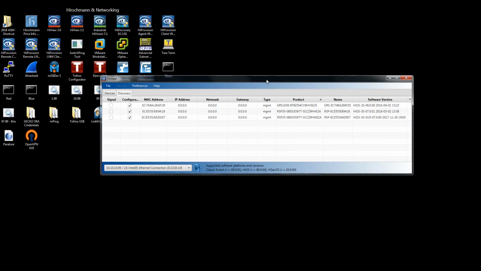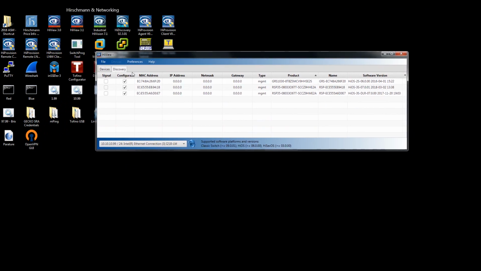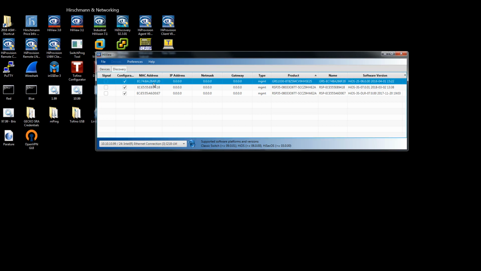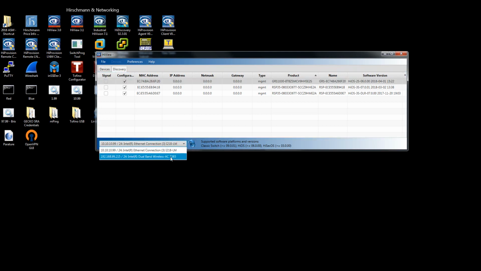So we're going to start with an application called HighView. HighView is our switch discovery tool as well as switch management tool. We've already gone ahead and scanned the network, obviously making sure that the LAN card is connected. I've given my LAN card a static IP address of 10.10.10.99 on a 24-bit subnet mask. So if I do a rescan of the network,